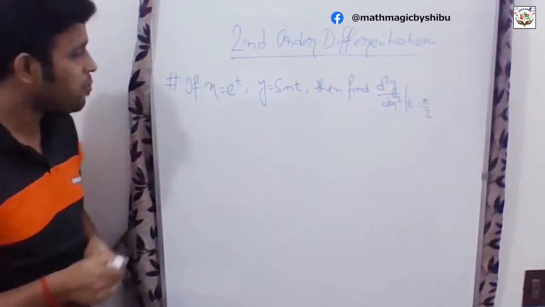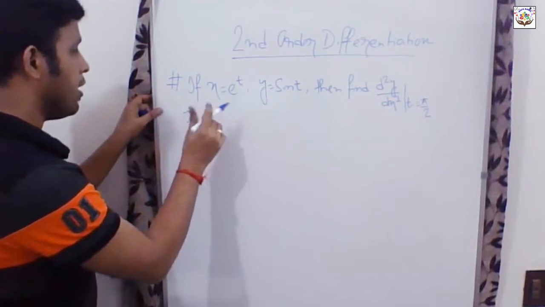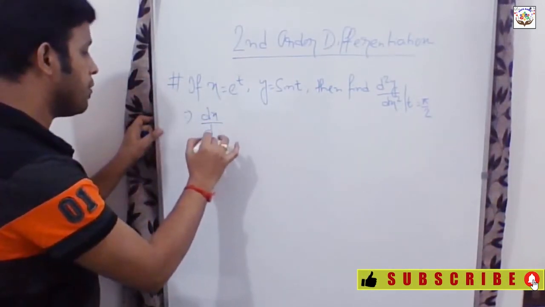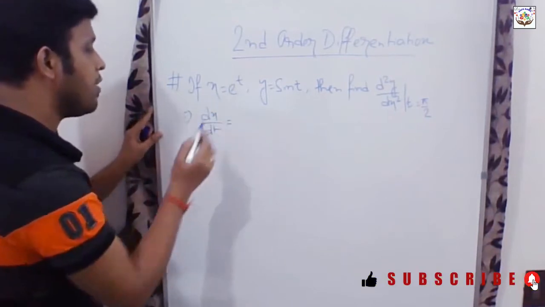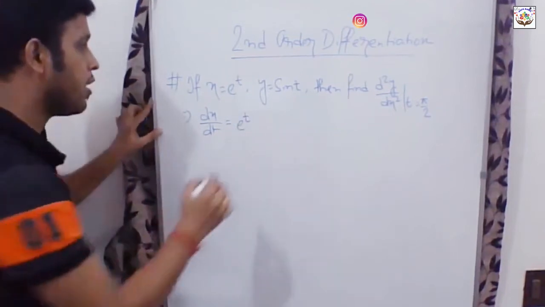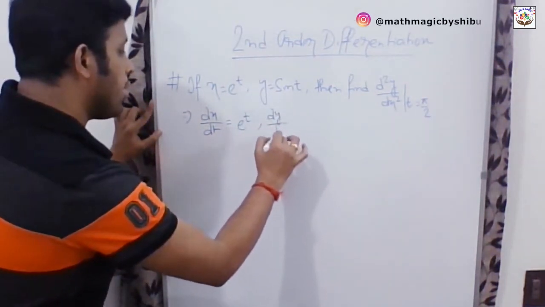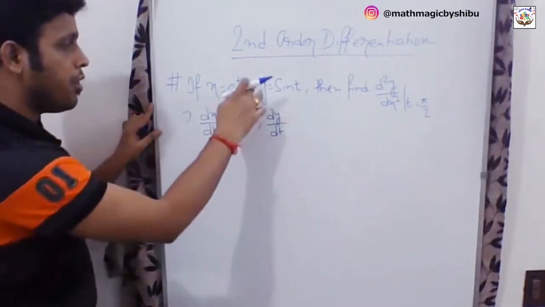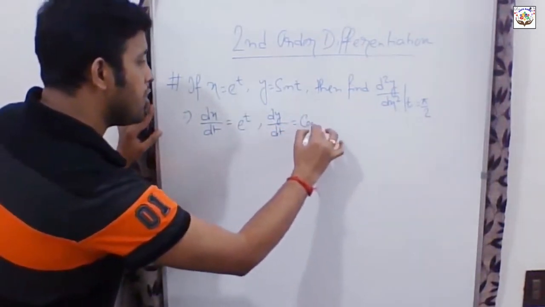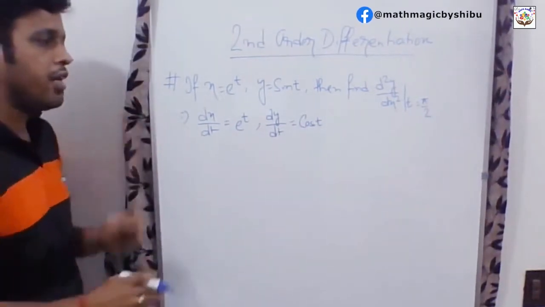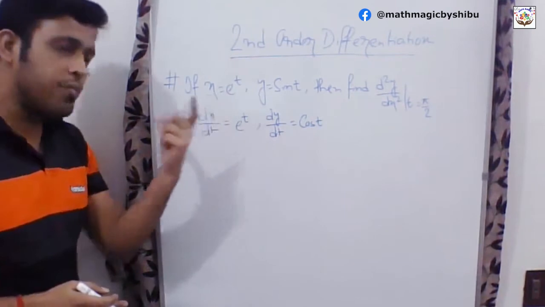Let us proceed, right? If we differentiate this expression x equals e to the power t with respect to t on both sides, it will be dx/dt. The differentiation of e to the power t with respect to t will be e to the power t only. In case of y, if we differentiate both sides with respect to t as we did for x, it will be dy/dt, and for sin t the differentiation is cos t. Only cos t will be there, because no dy/dx will appear as we are differentiating with respect to t itself.